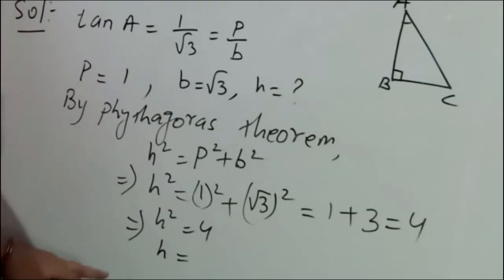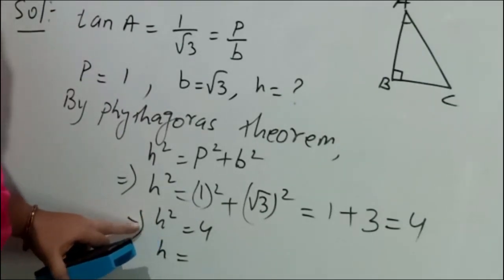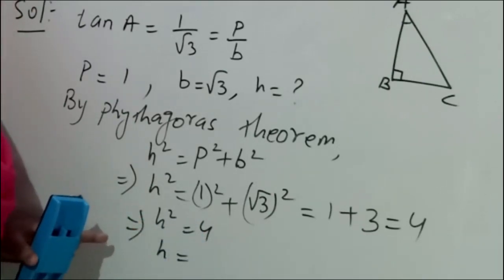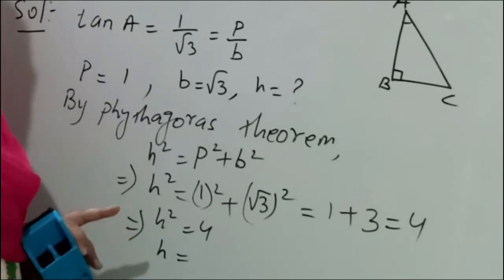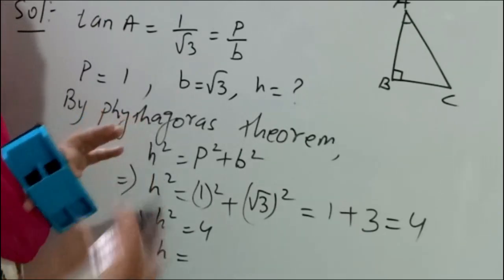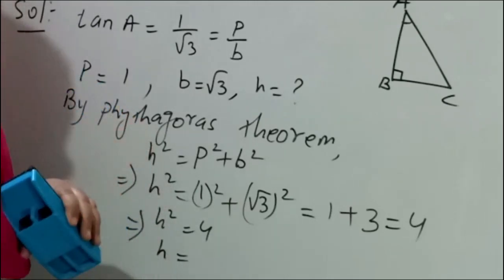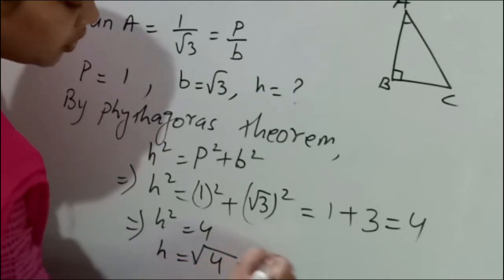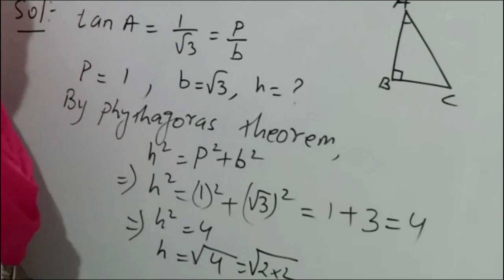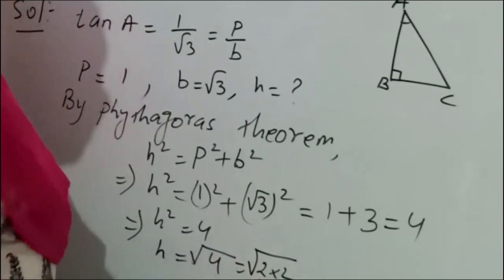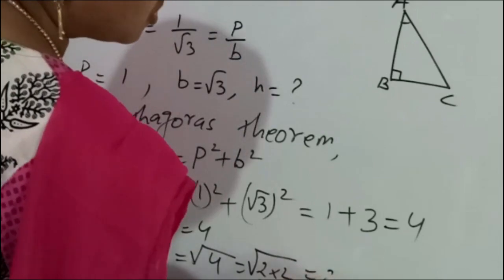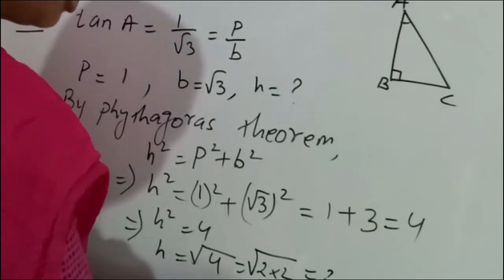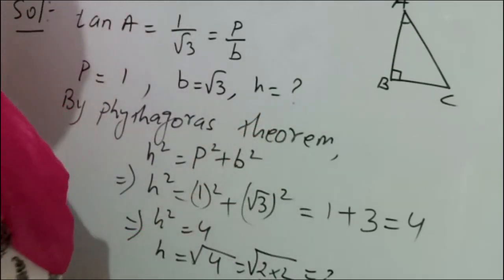Then H is equal to what? Once again, this type of question we did. If it is a square on this side, when you remove the square, on the other side you have to give the square root. Square root of 4 means 2 into 2 inside 4. So again, square root means a pair of two numbers and one will come out, that is 2. Therefore hypotenuse is equal to 2. Clear? We got hypotenuse H equal to 2.